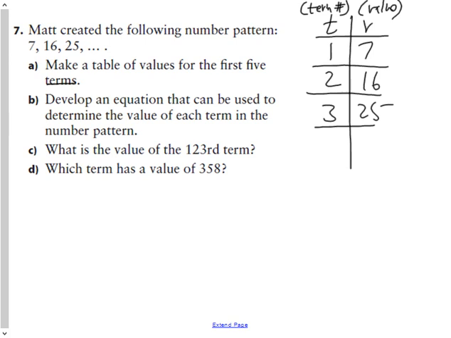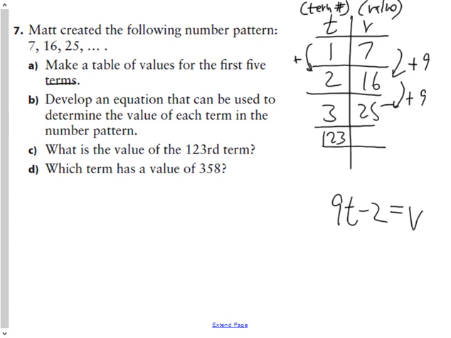So if I think about the terms in the pattern and its value, I could make a table of values like this. It goes up by 9 each time, and it goes up by 1. So 9t equals v. So my equation, once I substitute, will be 9t minus 2 equals v. Once we have that,